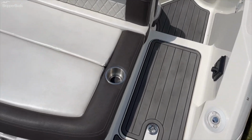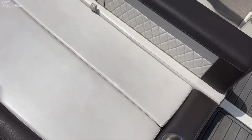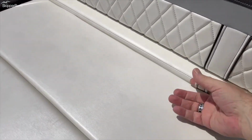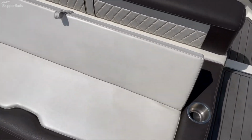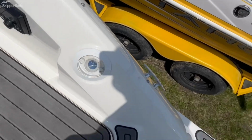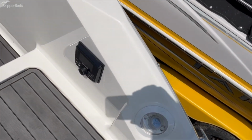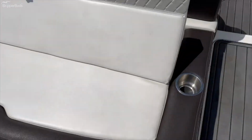Starting from the back of the boat, see the nice big sun pad with flip up backrest, easy walk-in transom, pressured water system, stereo remote control, speakers on the back,